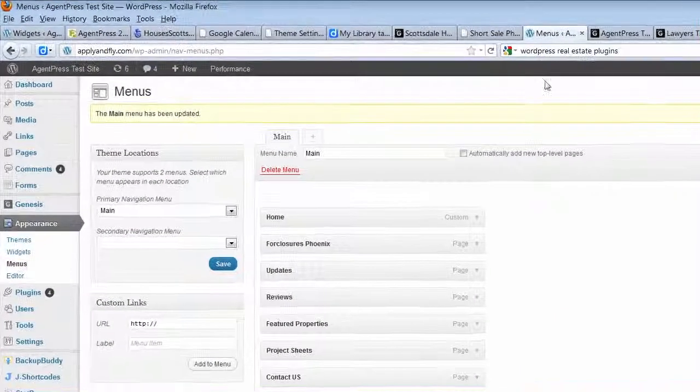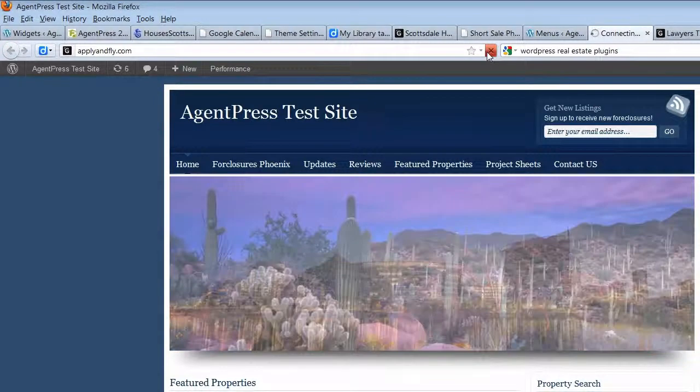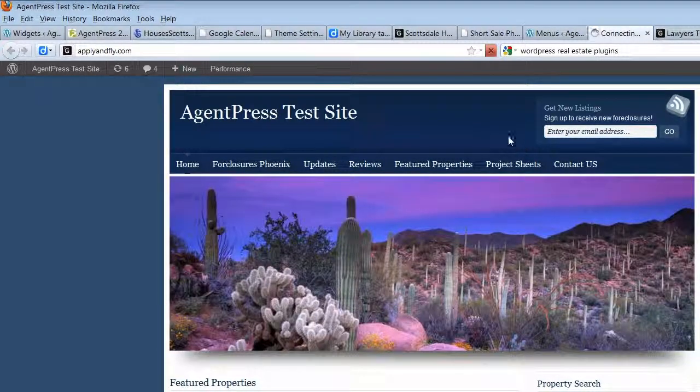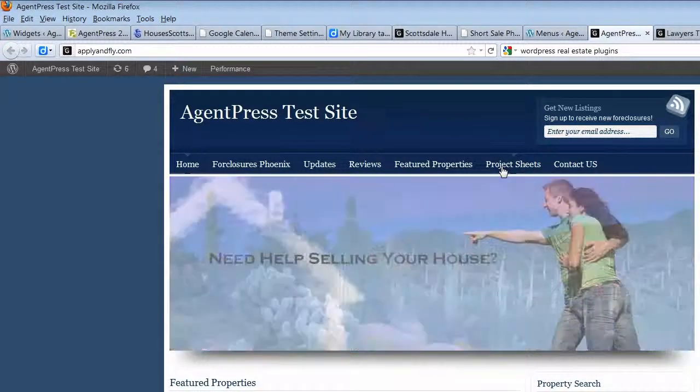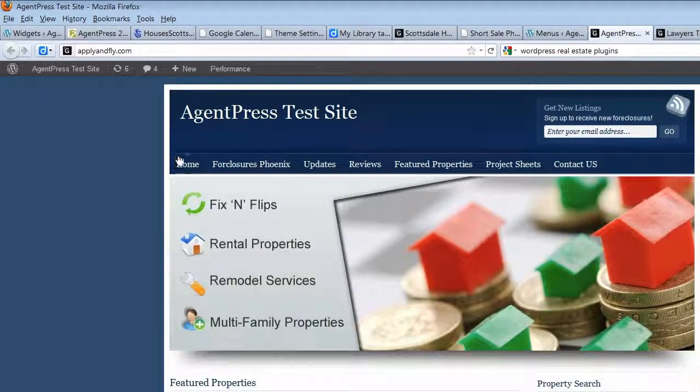I have this open. Actually, let me just refresh this. All right, so that's that little drop down. It's gone. So right now, this is a test website I use for doing exactly what we're doing today. So if I want to add a new page,